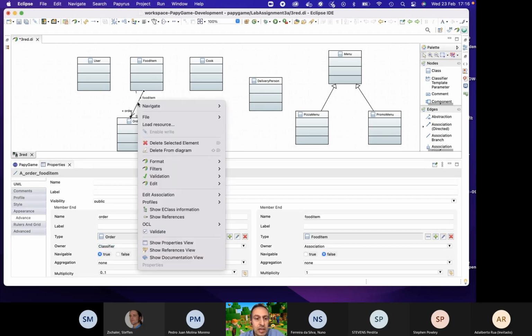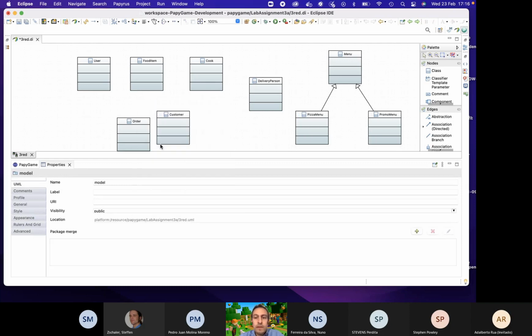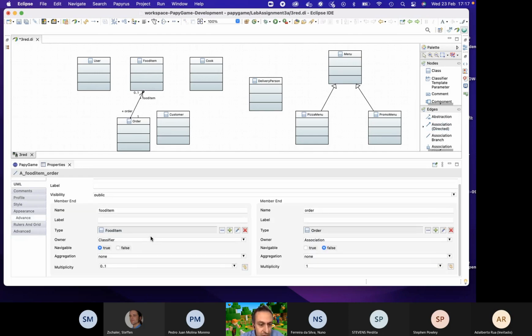So this is the wrong arrow. Let me delete it. We can also have some generalization here, association class, no, association is probably the same, but we need to change it. It depends on the tool. But in this case,